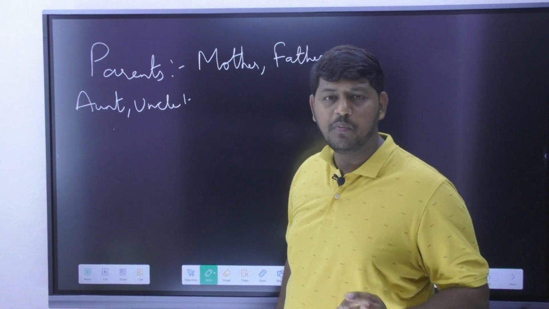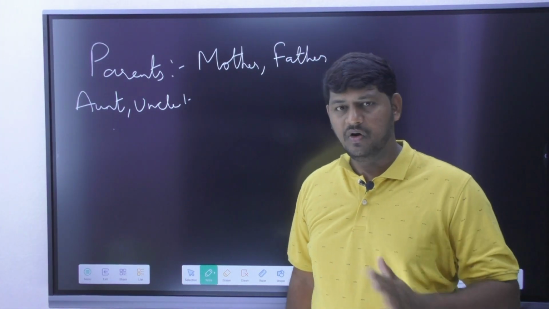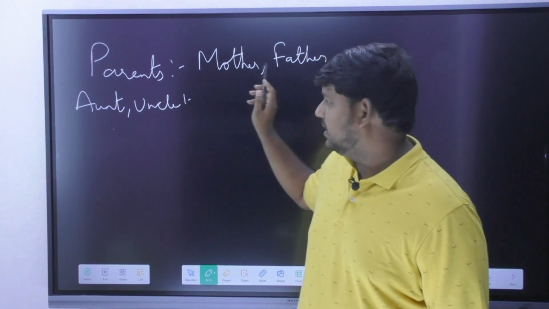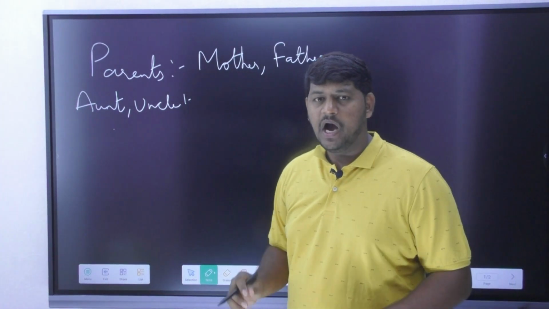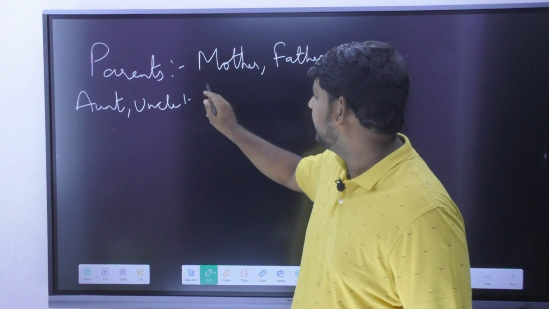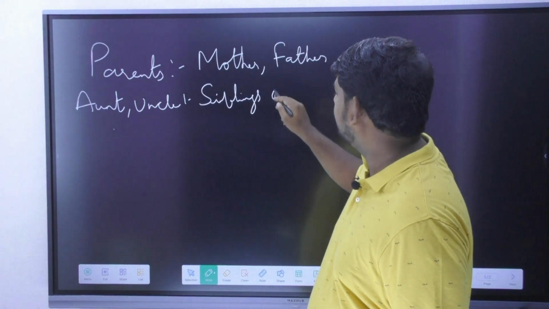Do not worry about, in this entire topic, whether the person is the elder one or the younger one. Your mother's brother is also your uncle and your father's brother is also your uncle. So how do we represent this information? How do you remember this information? I have to say they are siblings of parents.